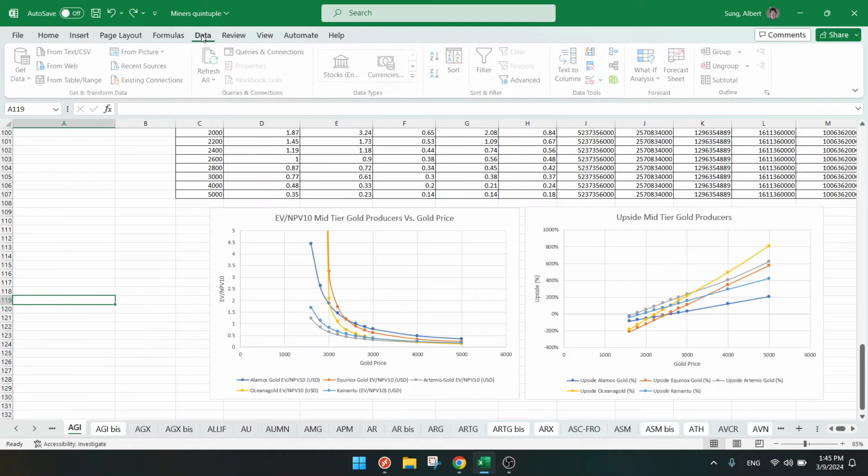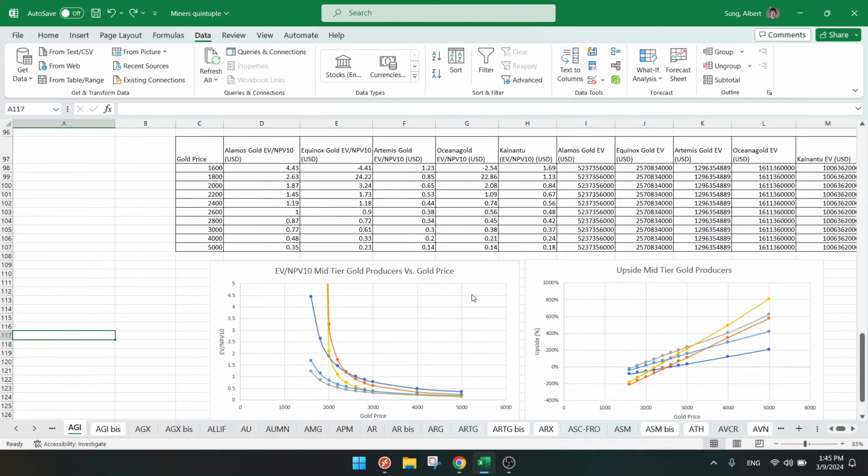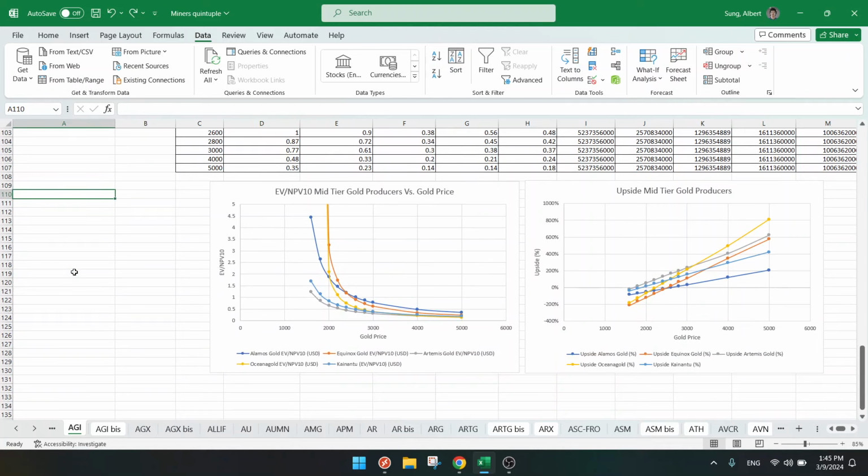I want to just click on refresh and every day have an updated chart, because these charts are manually created at different gold prices, so this is not automated yet. I want to automate this. Okay, so